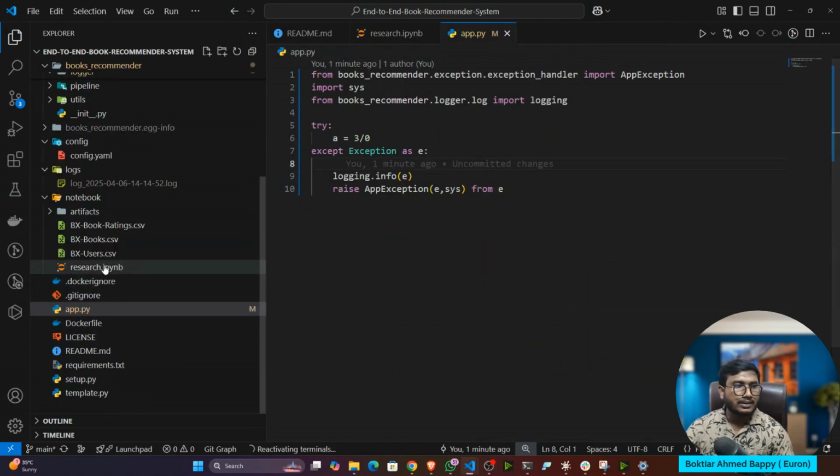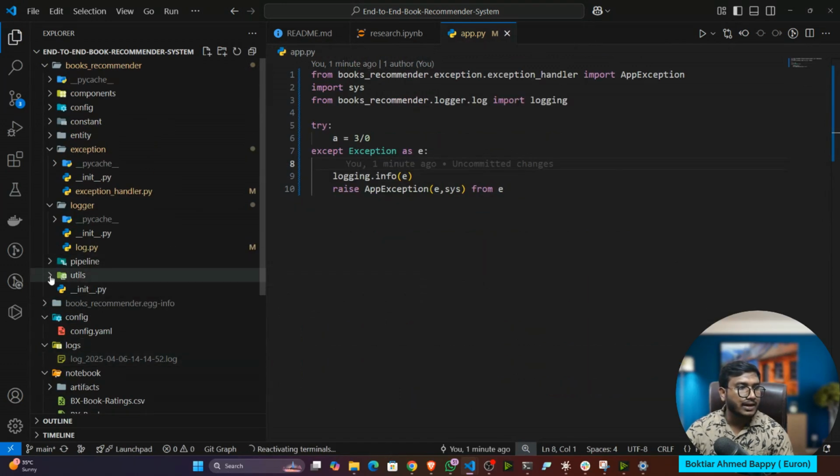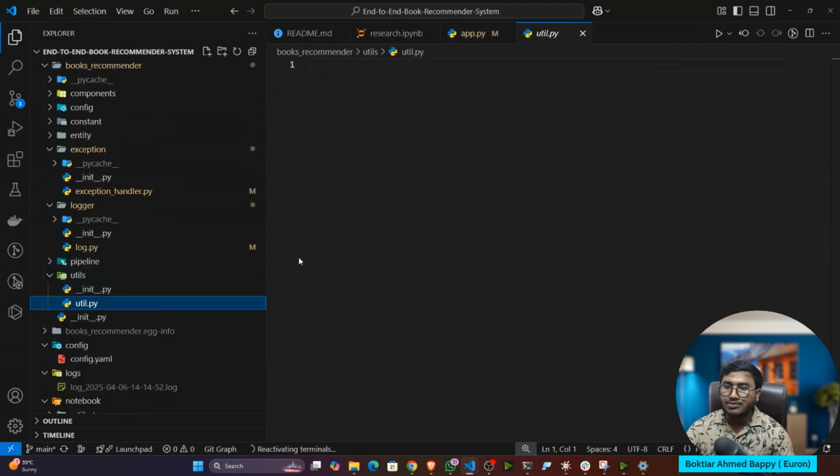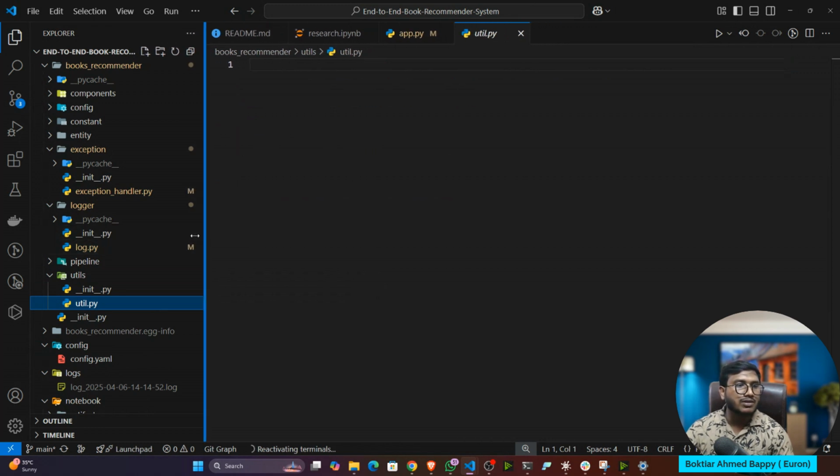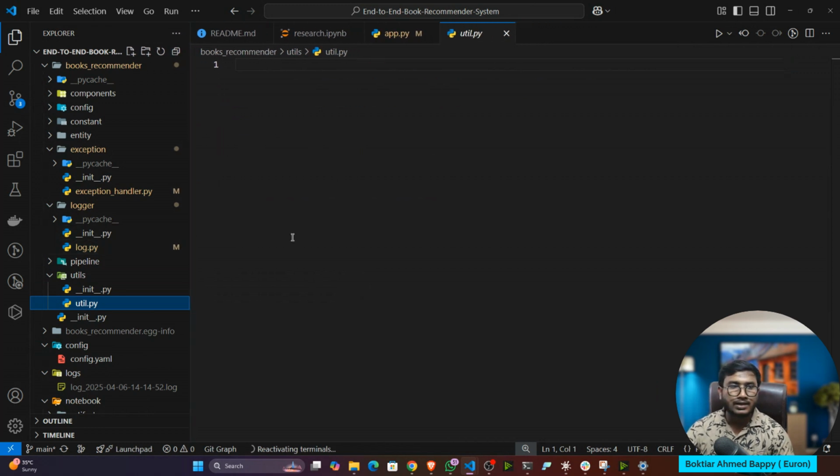All right. Then there is another super important file you have to write called utils. What is utils? Utils means the functions you will be using mostly in your development. Those common functions you have to write in utils.py. In this case, I'm going to use one function frequently. The function name is read_yaml.